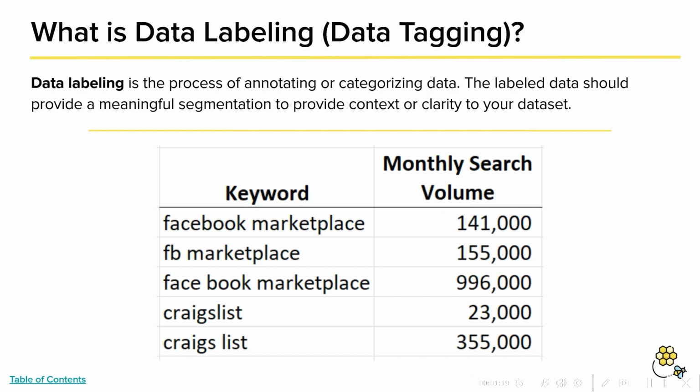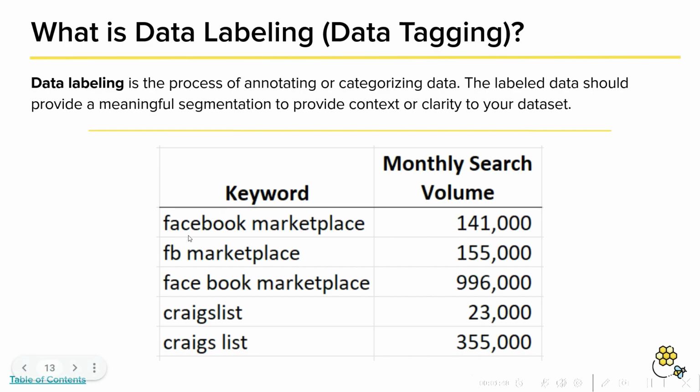Okay, let's say we wanted to understand how much search volume there is for Facebook Marketplace versus how much search volume there is for Craigslist to understand which platform is more popular. This would involve aggregating or adding up all of the search volume for Craigslist and comparing it to the aggregated search volume for Facebook. Okay, to aggregate the data, we would have to tag it with either Facebook or Craigslist